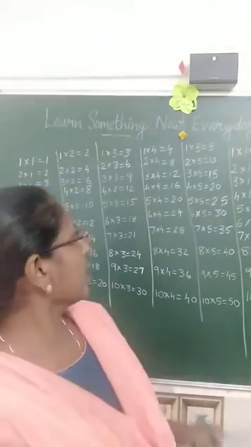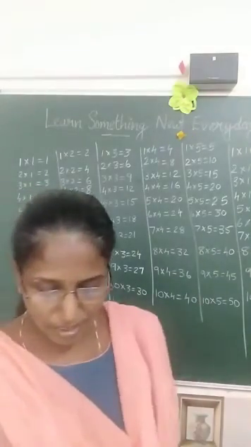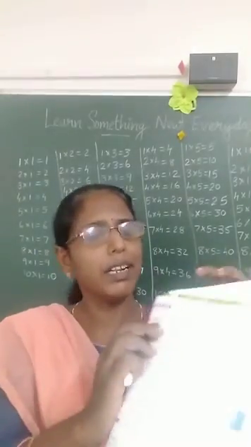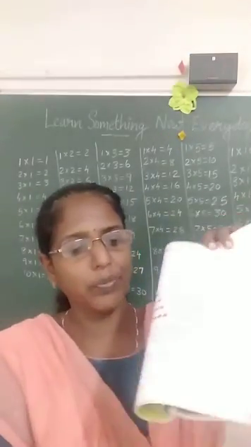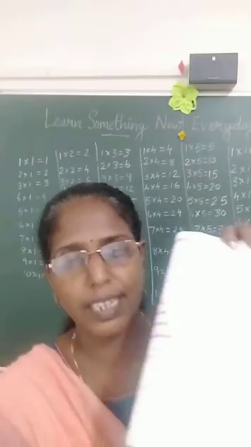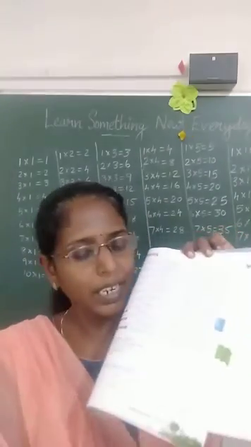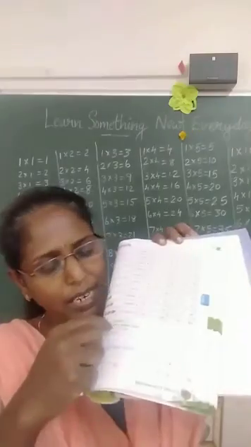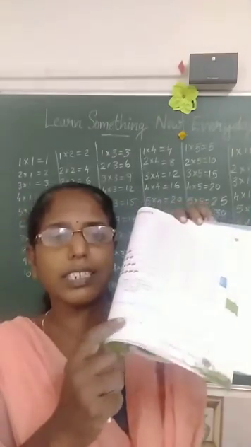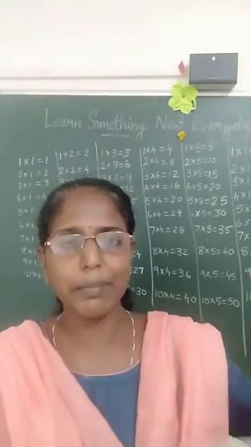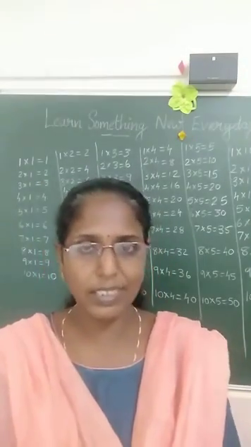And next let us see. So in your textbook it is given, 4's table and exercise. All of you complete this exercise. Okay. Take your time and learn the table by heart. Now you look at the table and complete the exercise. Okay. And next week only you learn these tables by heart. You have to learn these tables by heart.